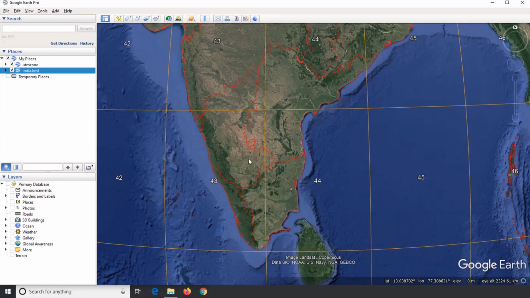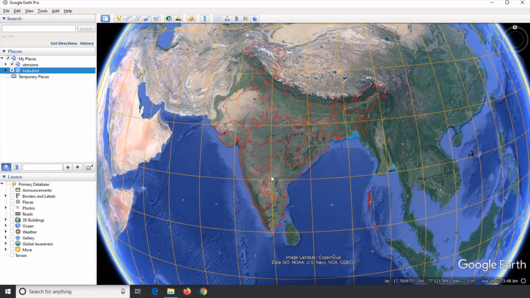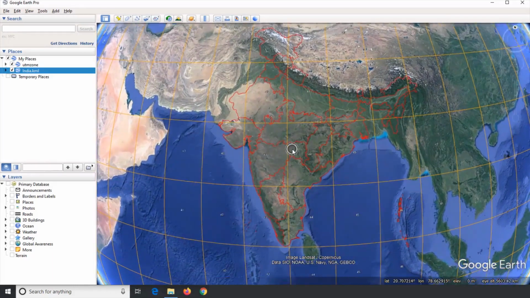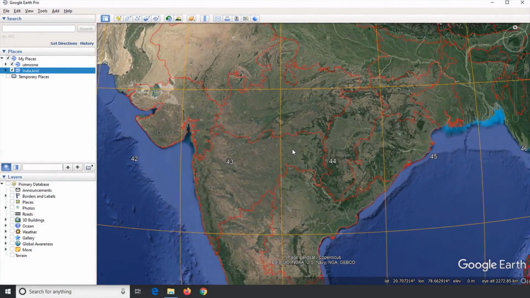In the case of Tamil Nadu and Karnataka, the area which falls under zone 43 should be projected using the 43 northern hemisphere projection system, and the area which falls under zone 44 should be projected using the 44 northern hemisphere projection system. By seeing the UTM zone boundaries, it is clear that most of the Indian states cannot be projected with a single zone in the UTM projected coordinate system, but parts of the state can be projected using the respective UTM zones.